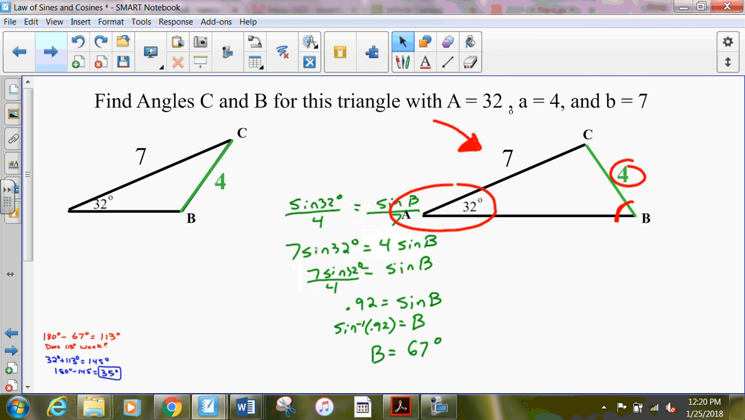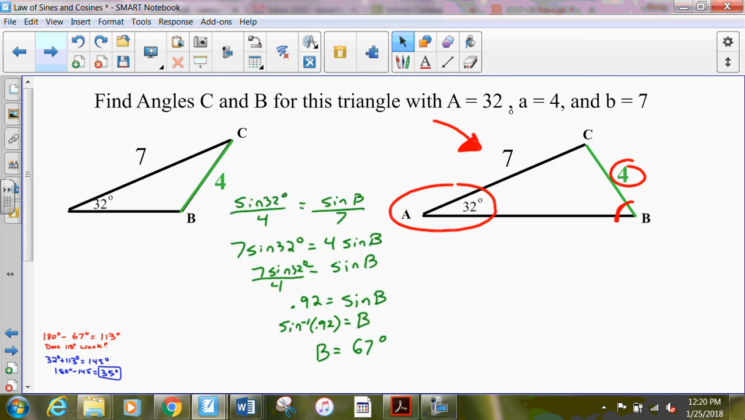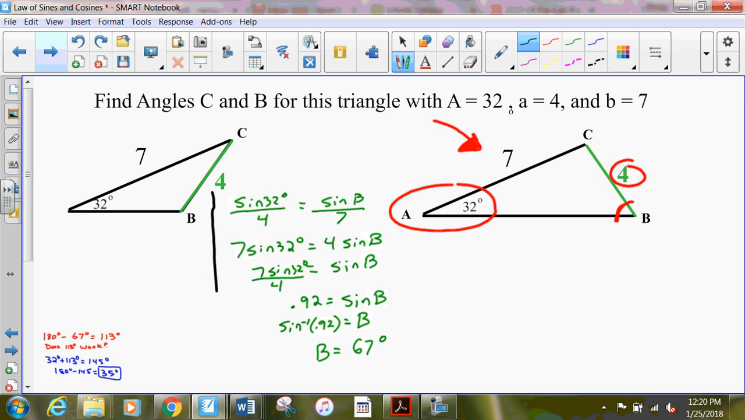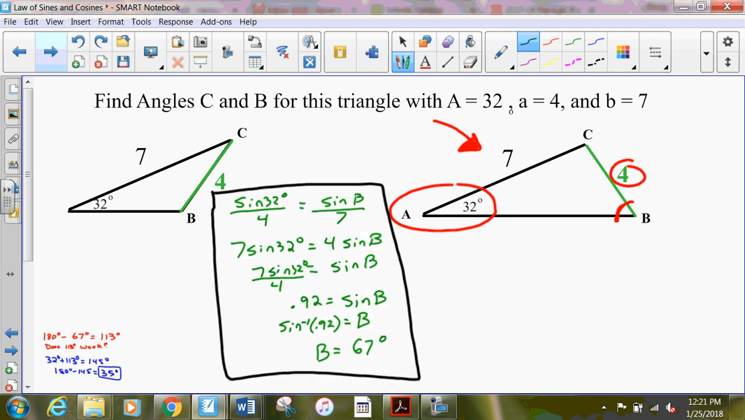my law of sines, right? I'm so happy I'm given an angle A and a side A. So I say sine of angle A, so sine of 32, is to 4 as sine of B, which I do not know, right? I do not know angle B, is to side B. So I set up my proportion,